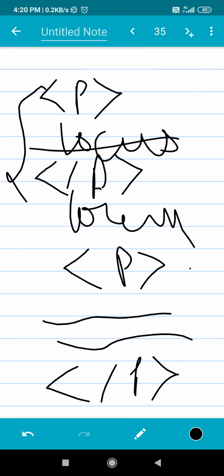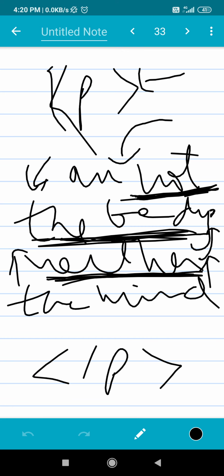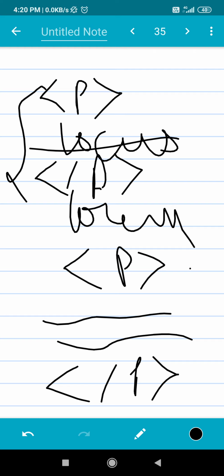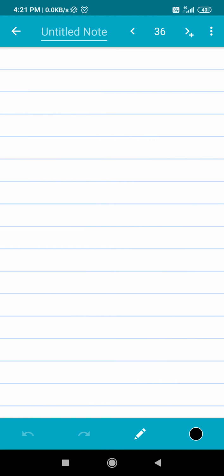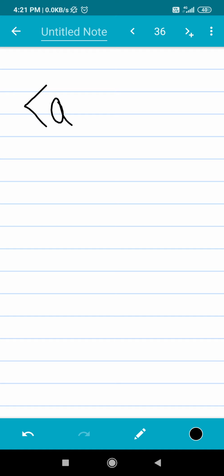A new tag is going to get introduced. Suppose I take some portion of text, and before it I write this A. This is the link tag, the A tag. Before this portion and after this portion I write this. This is probably the introduction to attribute tags, the first kind of attribute tag. It does have an attribute.